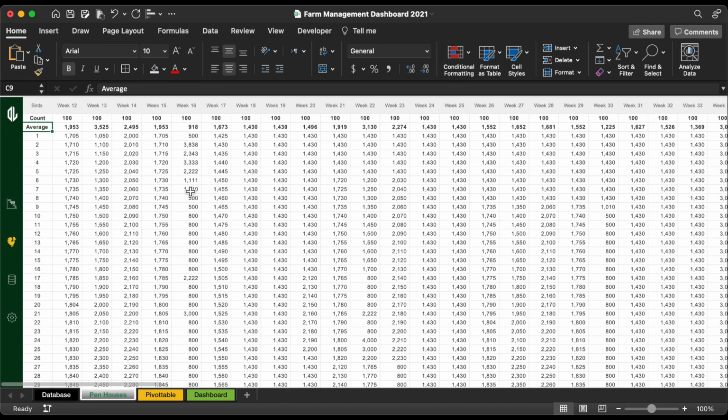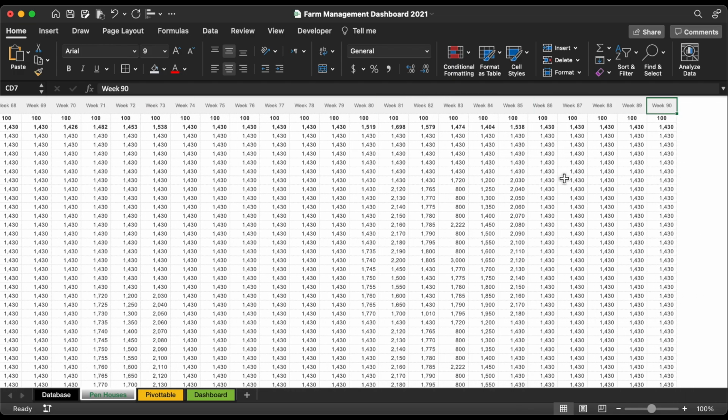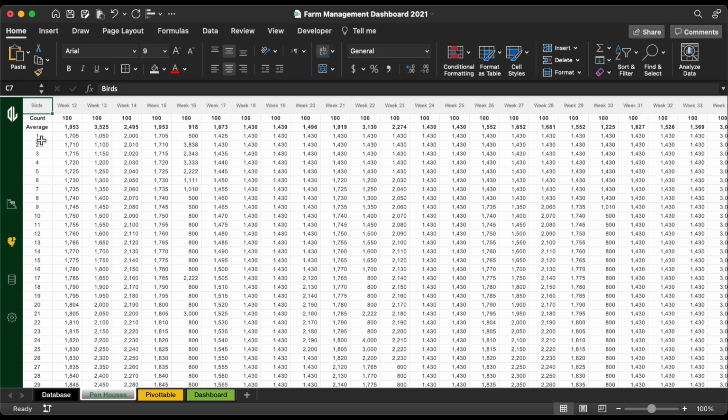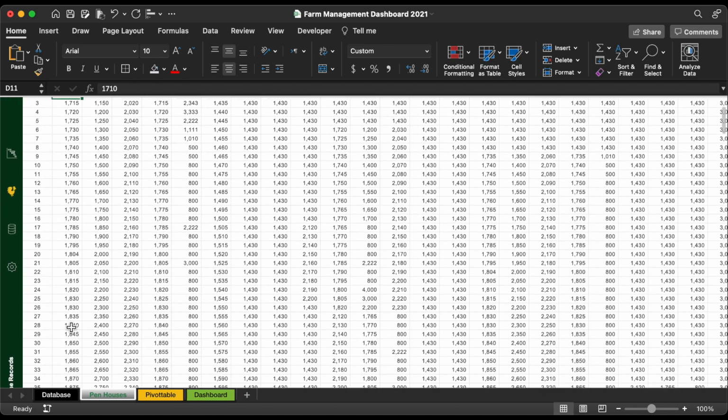I will explain to you the contents of this large spreadsheet. Here is the number of weeks, and the weight record starts from week number 12 until week number 90. This column shows numbering for 100 birds. For example, the first cell shows the weight in grams for the first bird in the first week. The second cell shows the weight in grams for the second bird in the first week, and so on